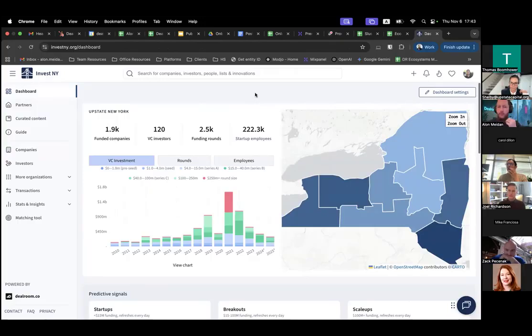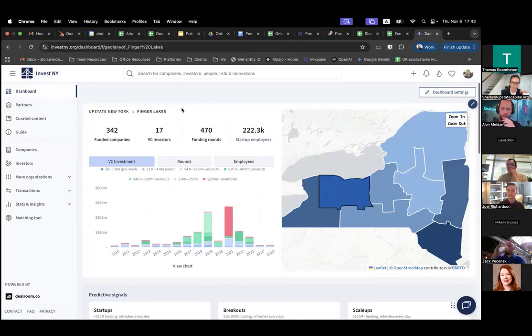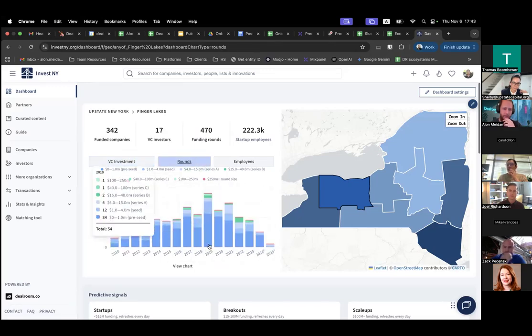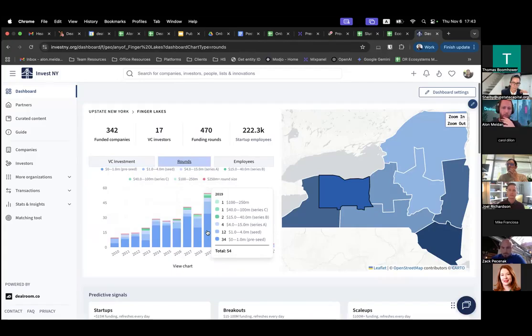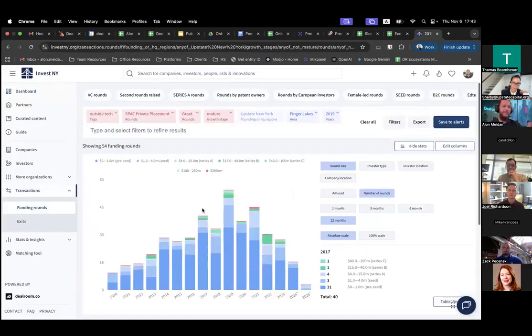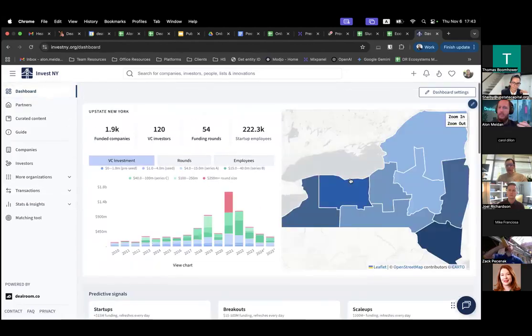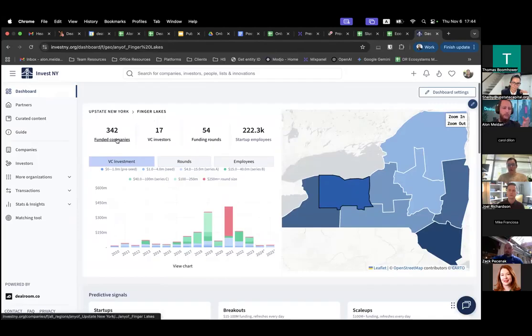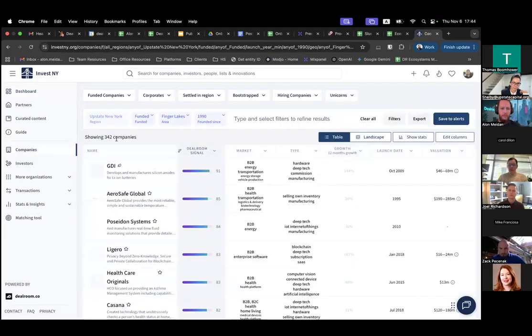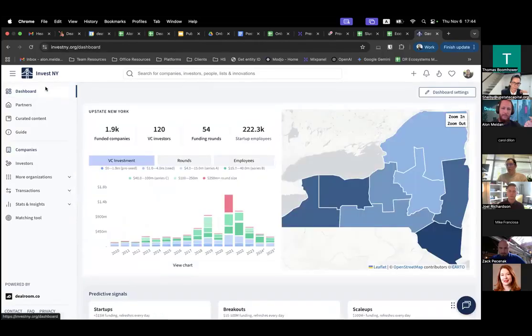Yep, sure. So this is the dashboard, and on the map, you can basically click the region. So in our case, this one. And then from here, you get some data already. And of course, as I mentioned, everything is clickable. So one, if I hover over something, I'll see some data. But two, if I click it, then it'll take me, for example, to the funding rounds, right? I can also click the number of companies, and then that will take me to the companies page, etc. So this is how to use the map.